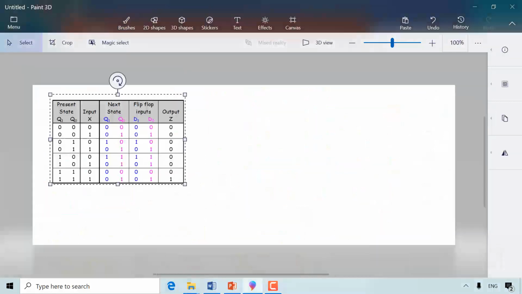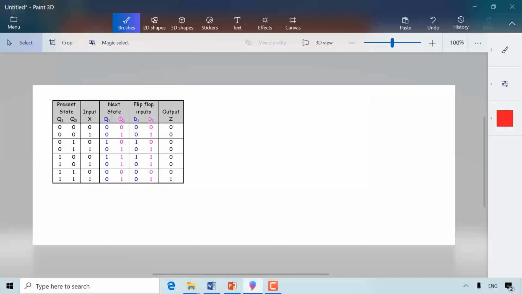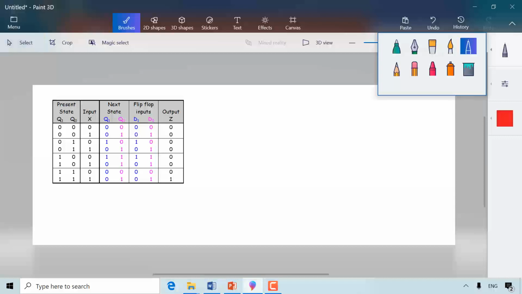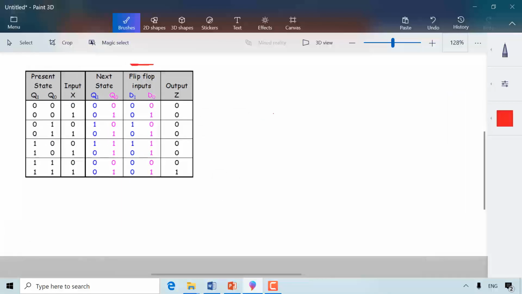Okay, so what if I use D flip-flops? It's the same thing. It's the same kind of solution, but where we differ is in the input of the flip-flops. So here, notice that the flip-flops' inputs are what? D0 and D1. Why D0 and D1? Well, because if we are using D flip-flops,